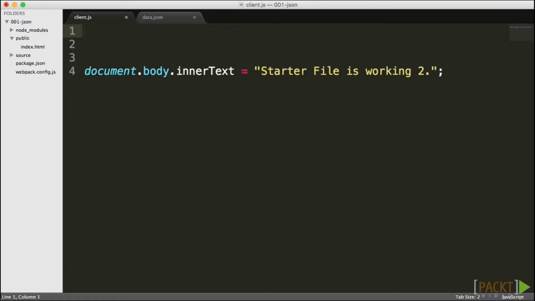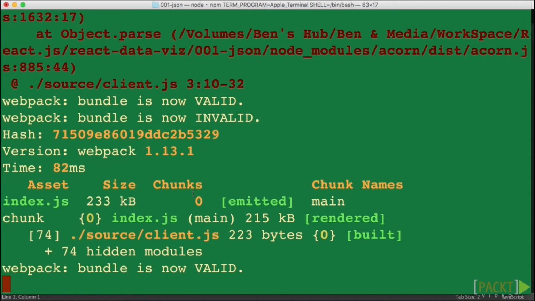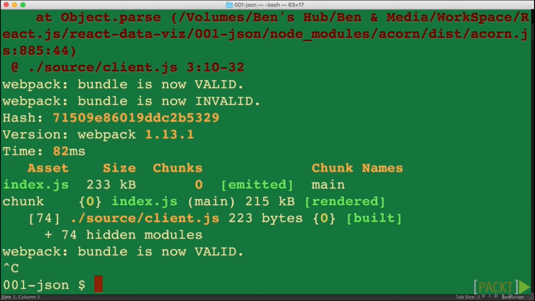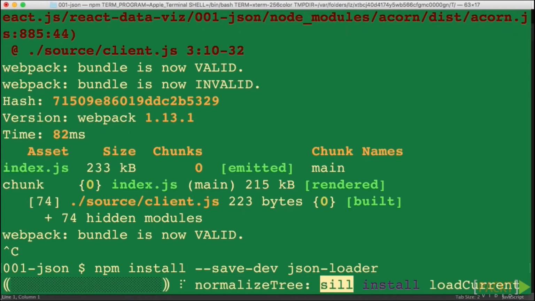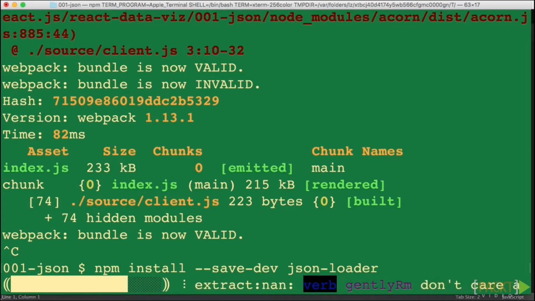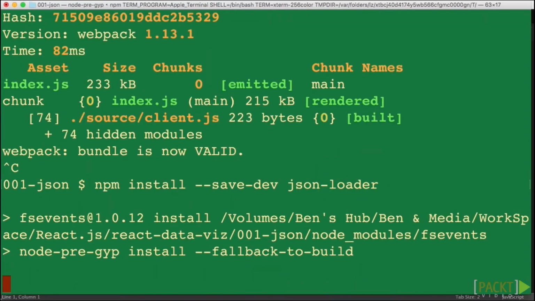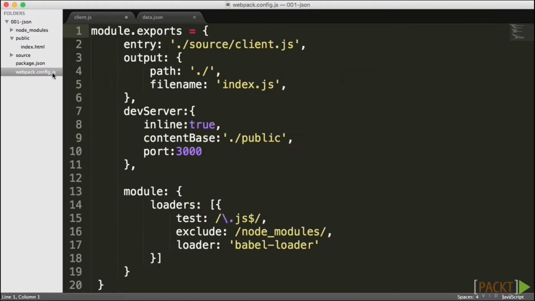The next thing I'm going to do is terminate our terminal, our server, by pressing Control C, and I'm going to exit, because what I want to do is run npm install, and I want to install into my dev environment. So I'm going to add --save-dev, and I'm going to load up also json-loader. Now, JSON loader is an add-on that enables me to add customizations to the way Webpack works, which packages up my website. So I want to go to Webpack itself, while it's installing, into the Webpack config,